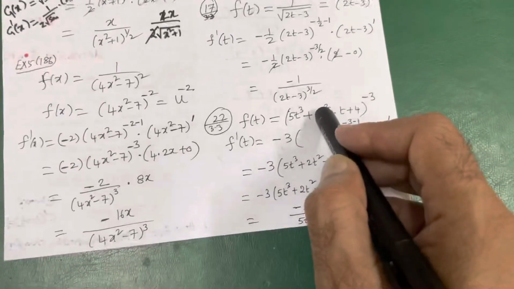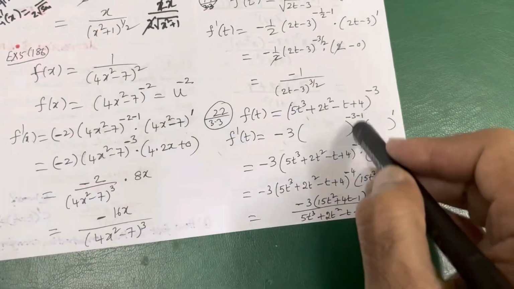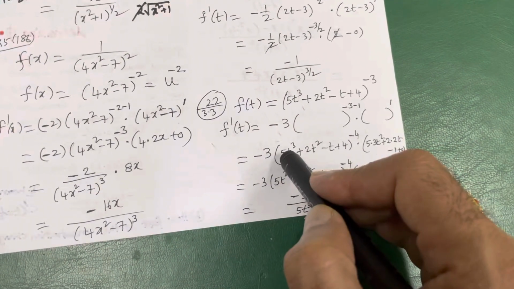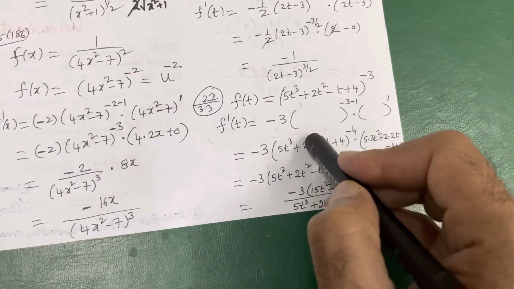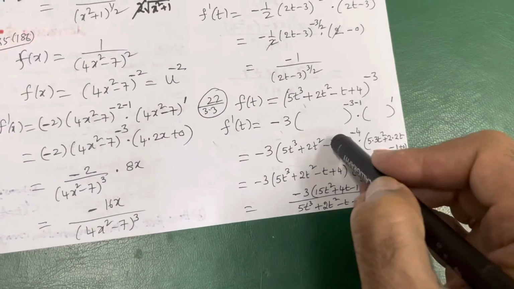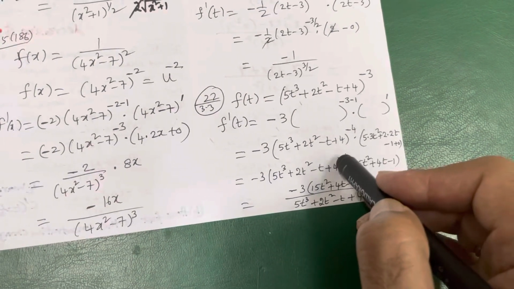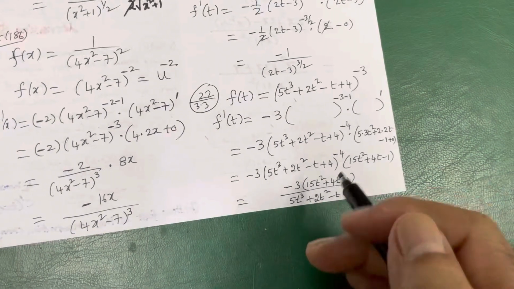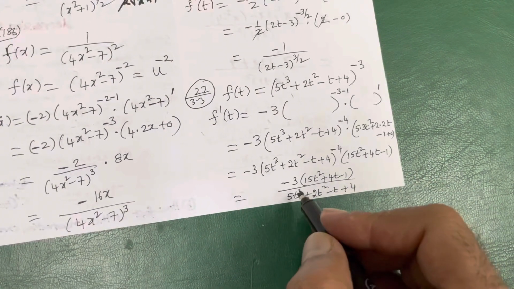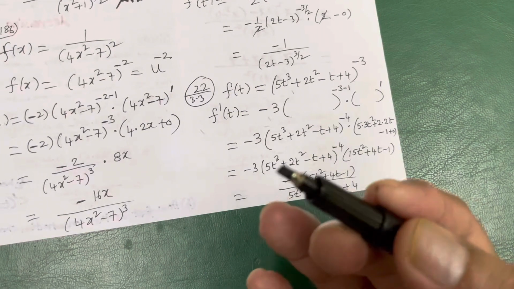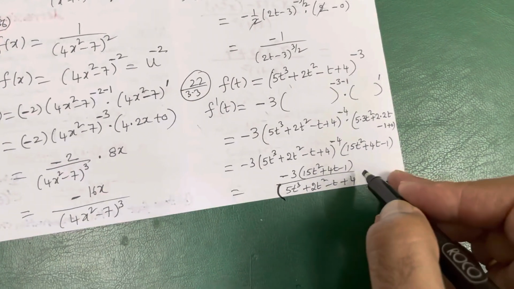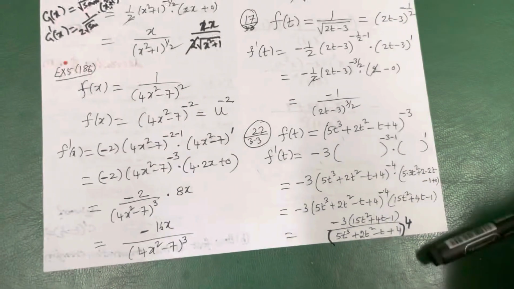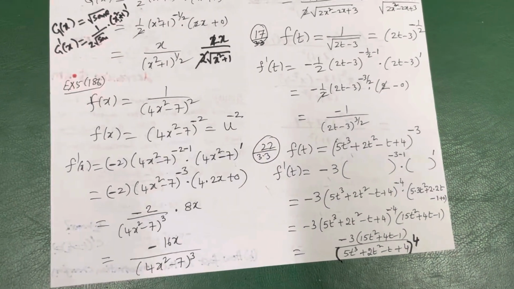This is your u. So minus 3, this you write it here again, minus 3 minus 1 is minus 4, and its derivative you write here. What is its derivative here? 15t square plus 4t minus 1, 4 derivative 0, this is the answer. Because I don't want to leave minus 4 in the up, bring it down. So minus 3 multiply 15t square plus 4t minus 1 divided by 5t cube plus 2t square minus t plus 4 to the power 4. This 4 you bring it down, this will be plus 4. Okay? So that way it will be easy.